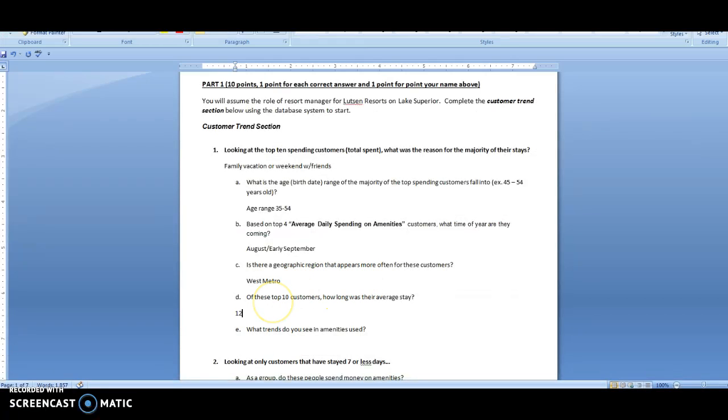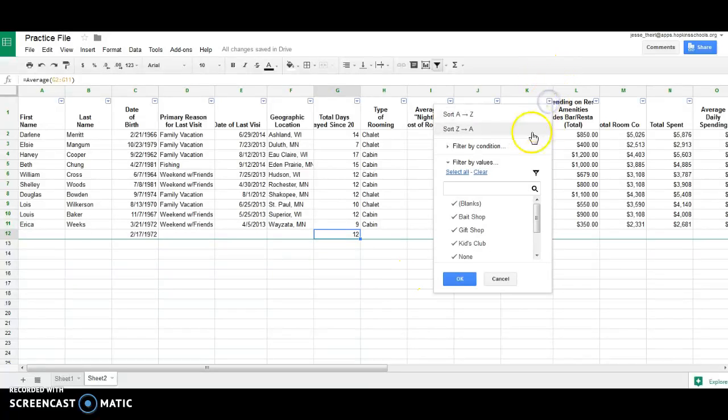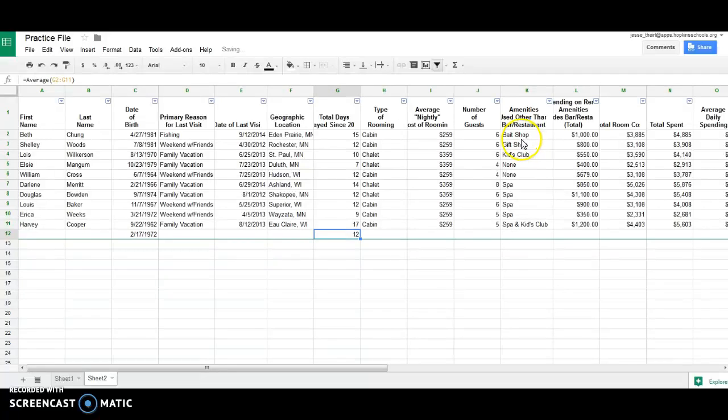Again, the purpose is to kind of understand how long these people are staying and develop marketing materials and efforts around what the information is telling us. It says, what trends do you see in amenities? If I go to amenities, I can quickly filter this list again, A to Z. I can see that spa looks like roughly half of the reasons or the amenities that these customers spent money on. So if I come back here,